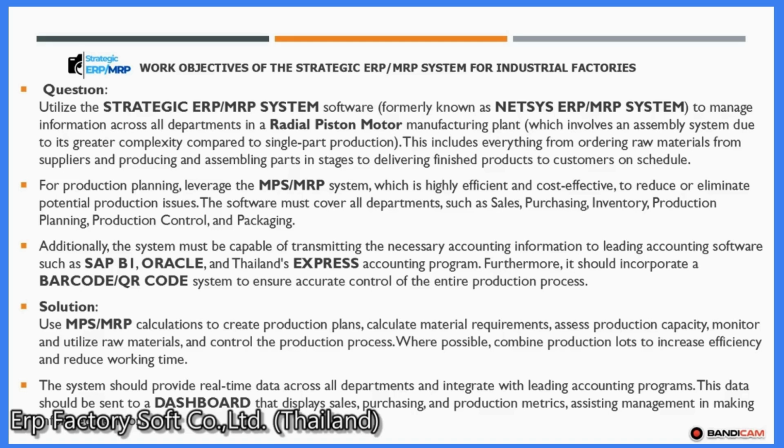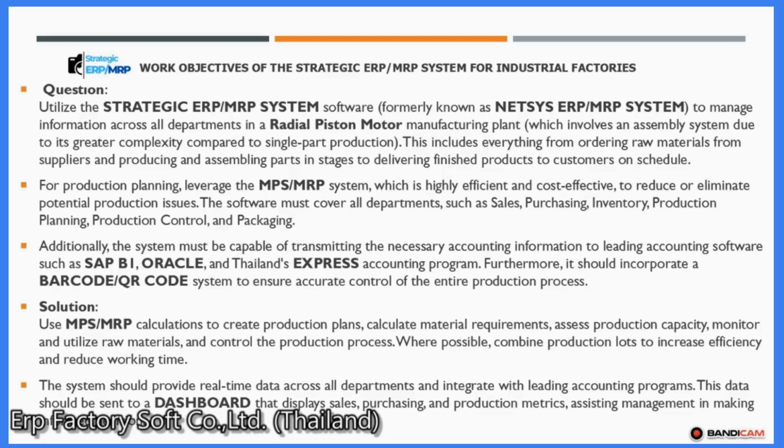In terms of accounting information, it can send data to leading accounting programs such as SAP B1 or Oracle, as an option, and use the barcode or QR code system to control the entire production system correctly. That is, we will use MPS MRP calculations to create production plans and calculate material and inspection capacity, production, inspection, and use of raw materials, production process control,